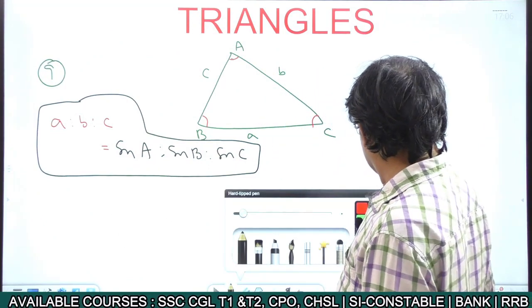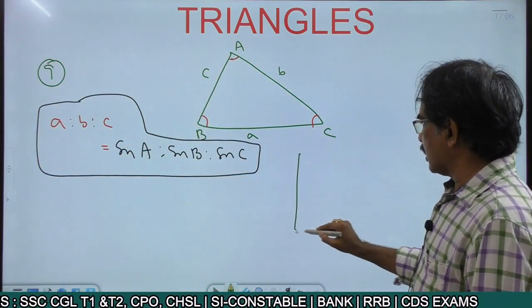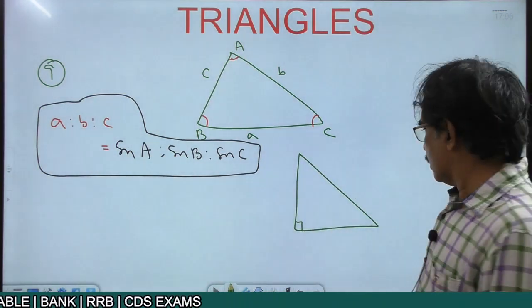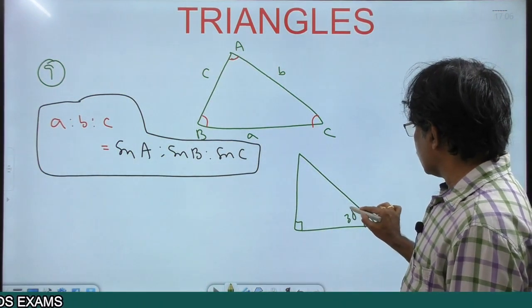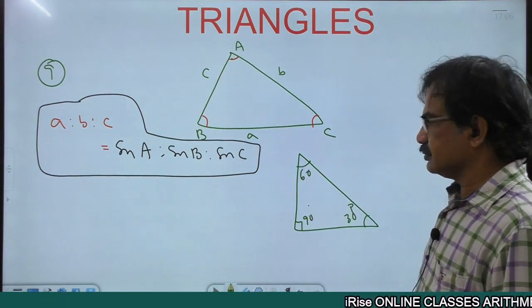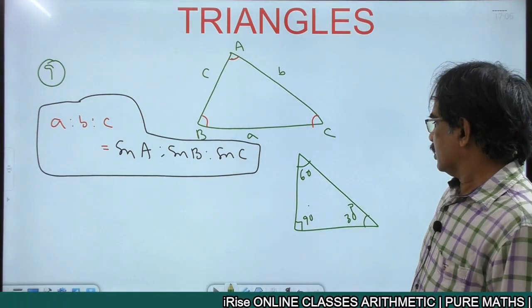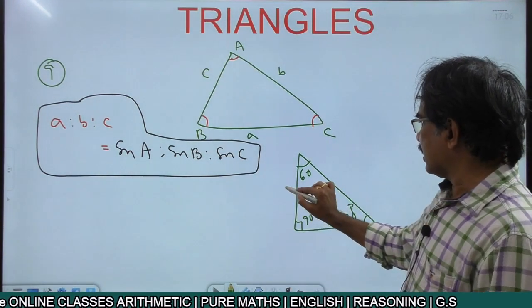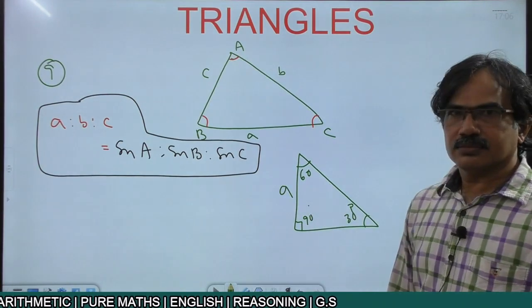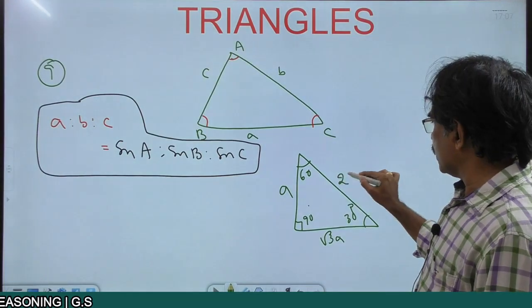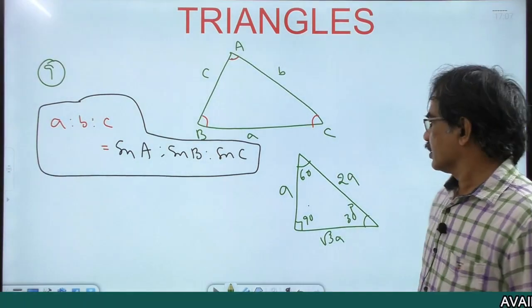I want to give a simple point. This is a triangle, a right angle triangle. First I want to consider a simple right angle triangle. Let this be 30 degrees, this is 60 degrees, this is 90 degrees. Then what about the ratio of sides? I want to consider 30 opposite is a, 60 opposite is root 3 a, 90 opposite is 2a, because